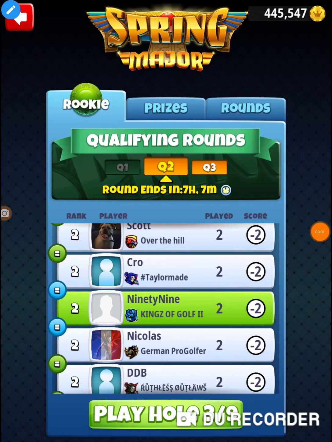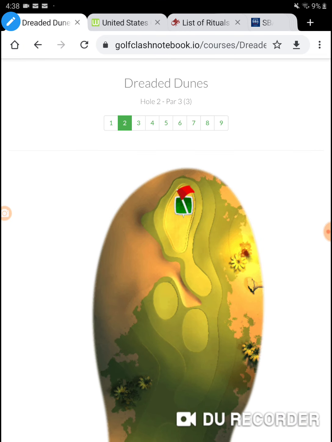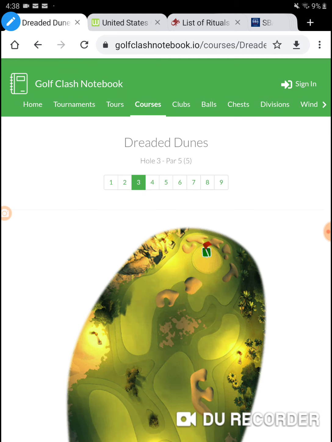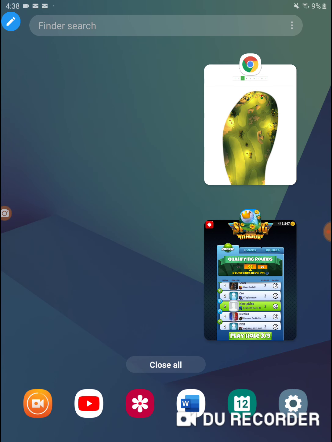All right, I'm on hole number 3 of the 2020 Spring Major, Tuesday's qualifying round in the rookie division, playing in my 99 account. Trying to get it done, just chilling, just checking out the course. I have not played this course at all with these lower level clubs, so I have no idea. So I'm just working off my main notes and seeing what I can get done, like what the different looks